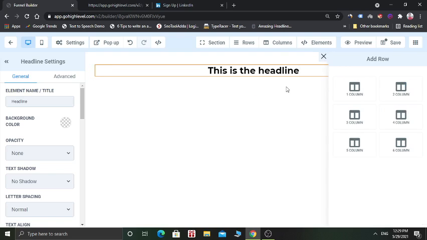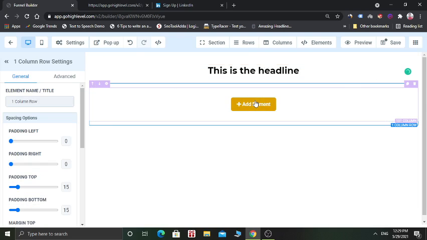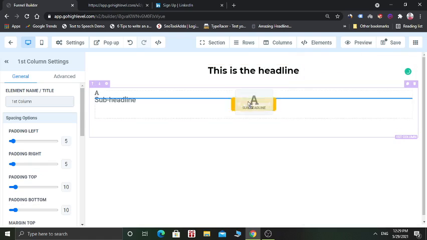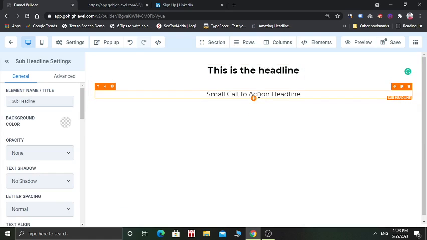And now you can also add subheadlines. Here you can say this is a sub headline.